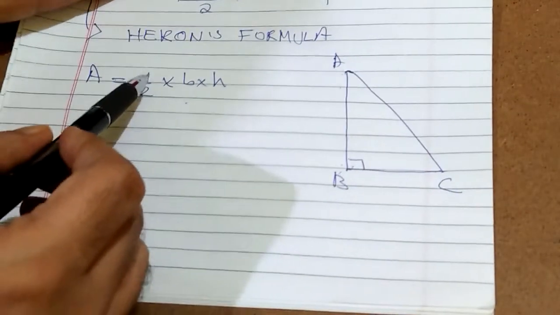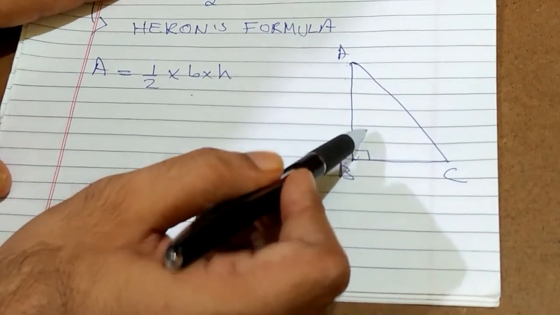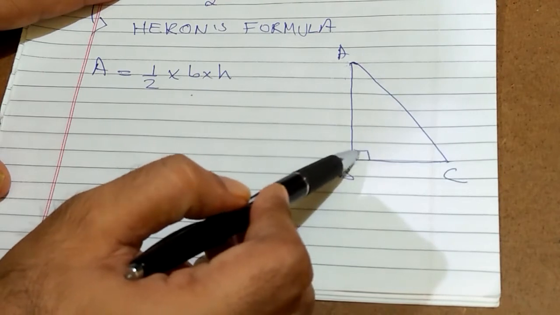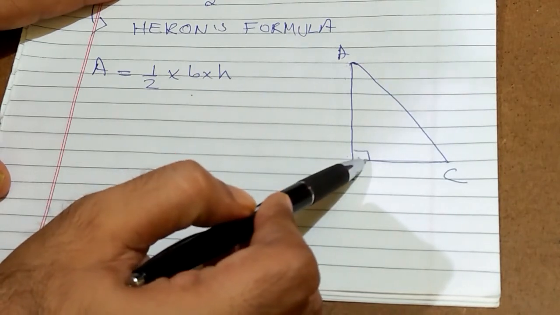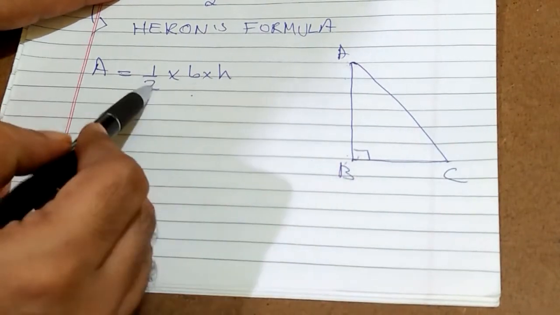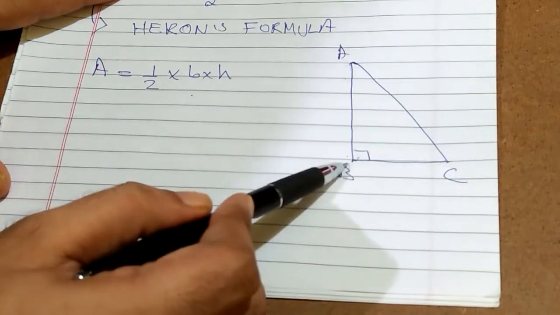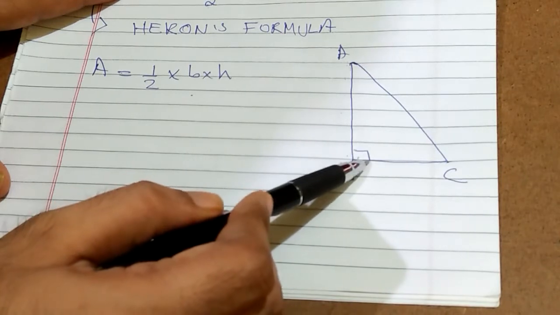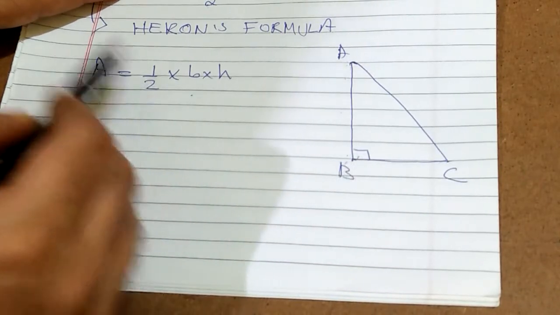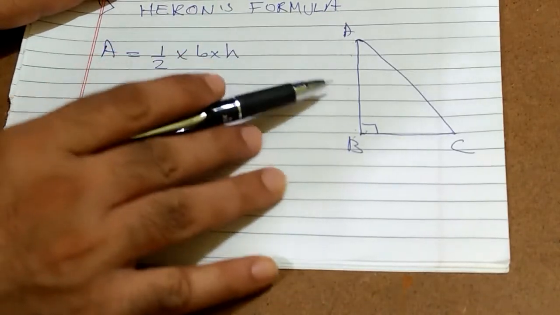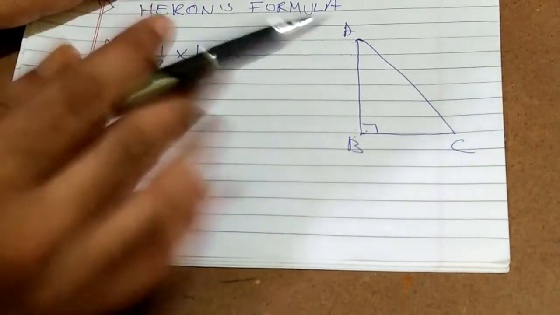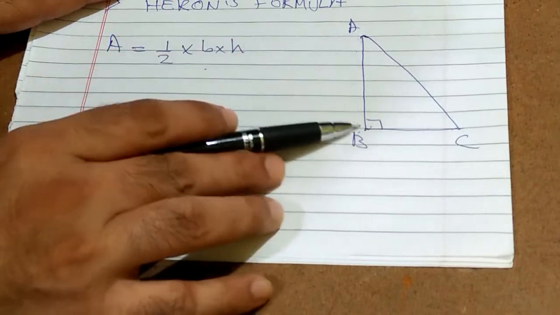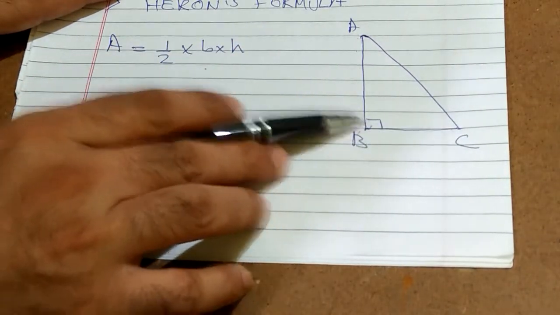So we can say, in case of a right angle triangle, if you multiply the two sides which have 90 degree between them and divide by half, so you will get the area. That means you multiply the two sides which have 90 degree and divide by half. So very easy to remember. And if you don't remember, you can remember half base height. It's the general formula. But here it's easier to remember because just multiply these two sides and divide by half. Okay.